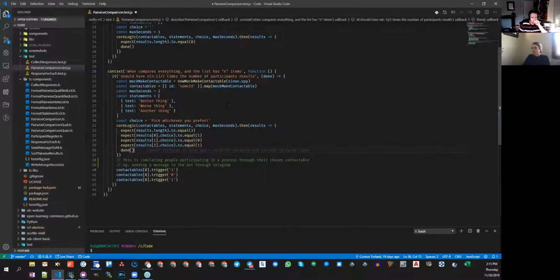So this is simulating what we were talking about, where it reaches maximum, where everyone who participates completes every possible pair from every possible person.